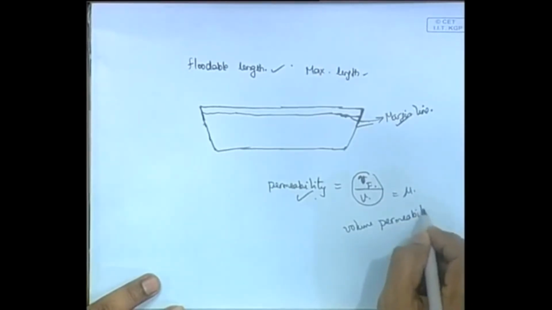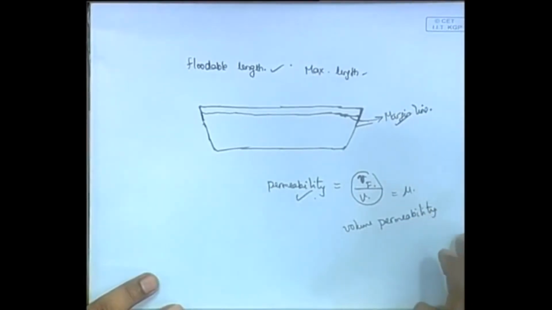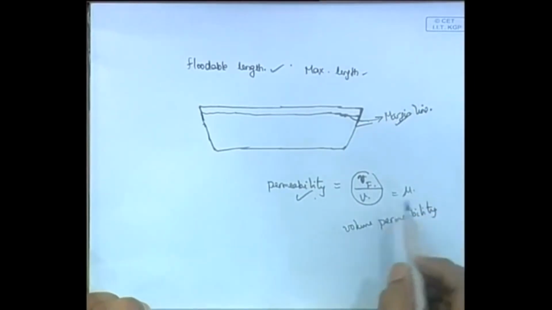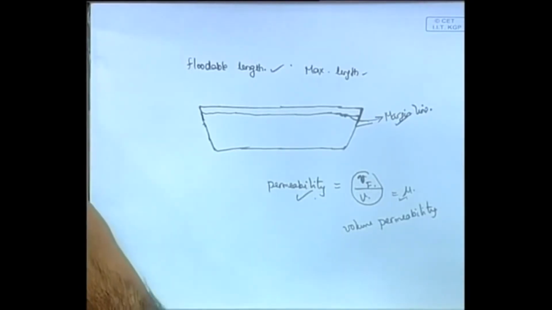Though of course, there are times when you read the literature you will see surface permeability also, where you are talking about surface area, but mainly we talk about volume permeability, meaning the total volume that we will not use for flooding. Okay, then